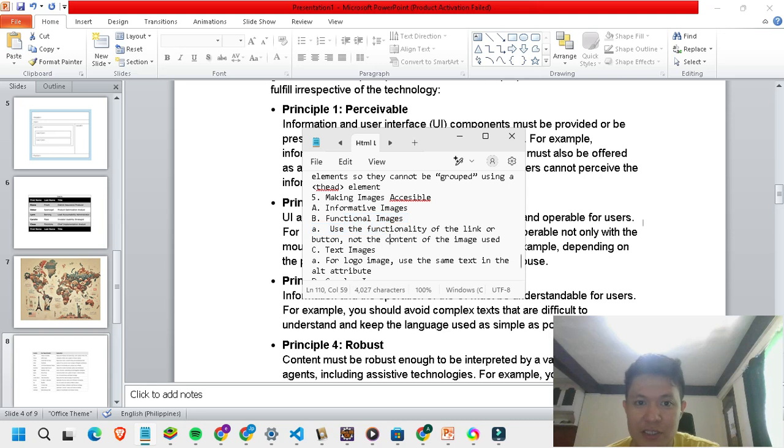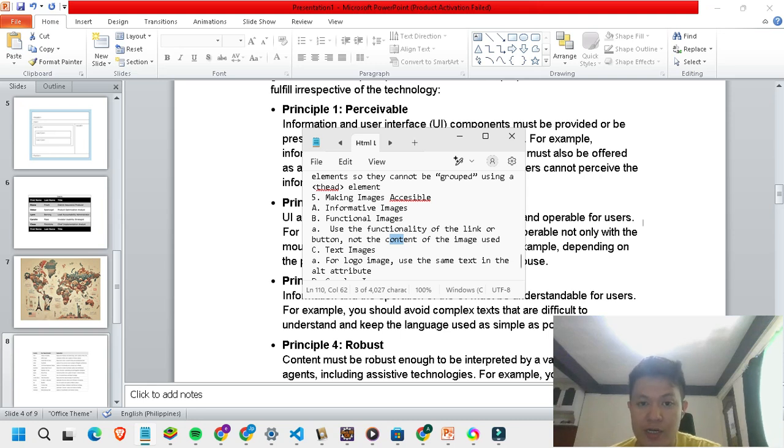Functional image. Use the functionality of the link or button, not the content of the image used. So the alt description for the image is the functionality. It's not the content. For example, it's for printing, but the image is kind of different. It's like the logo of your company or something.